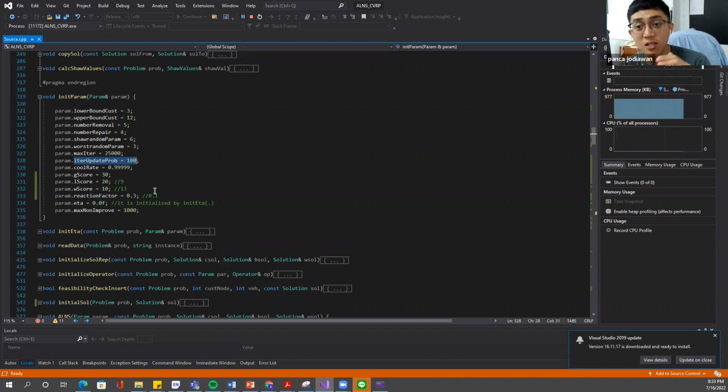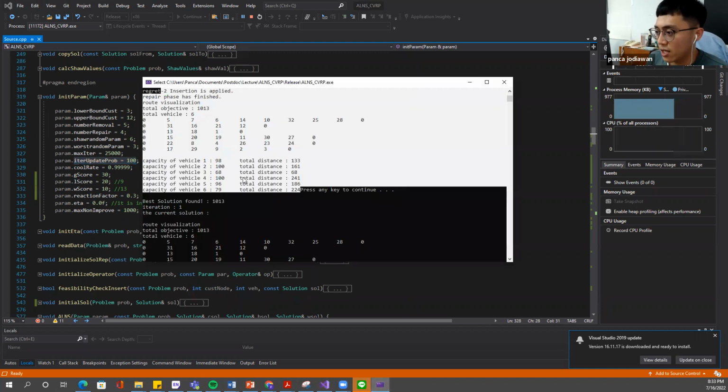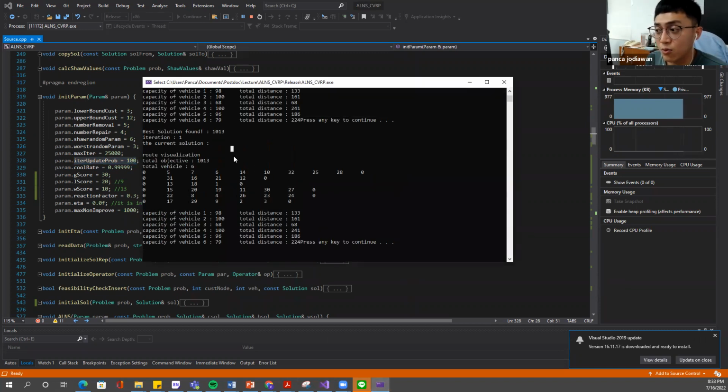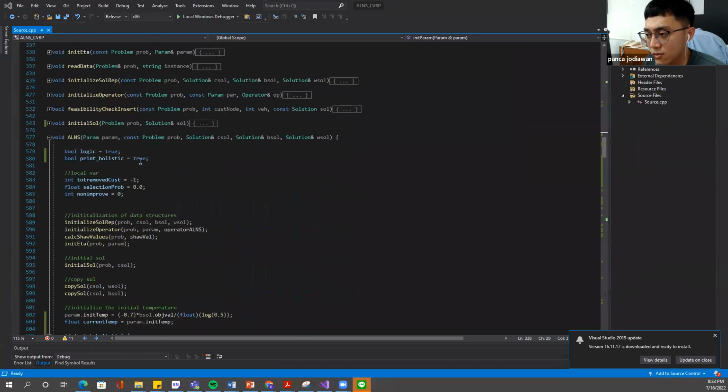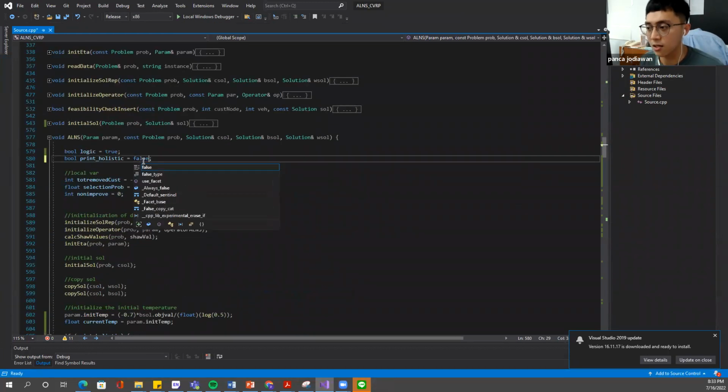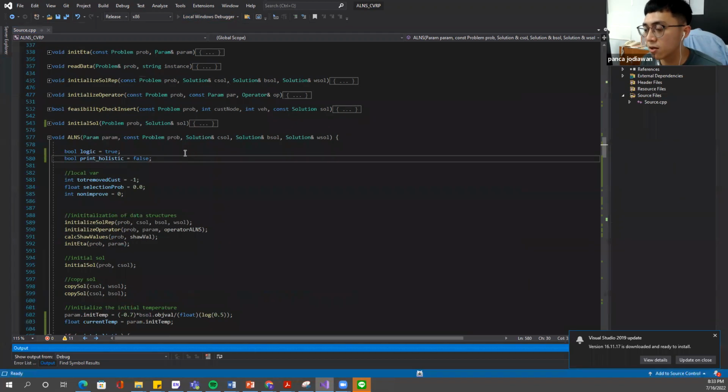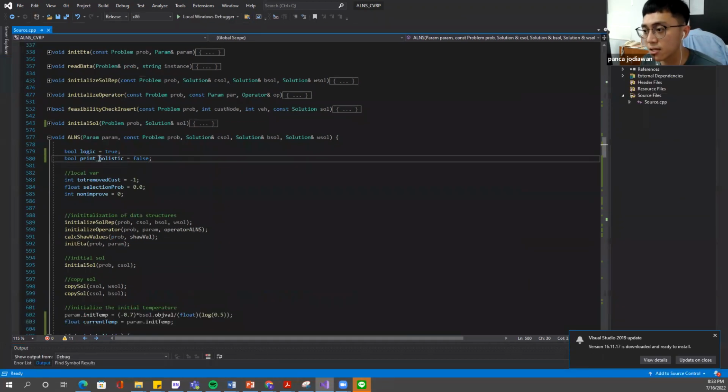Updating the probability, no. That's correct. So here it means that we update the score, of course, but we do not update the probability. Then I will show it when we run it. Oh, wait a moment.